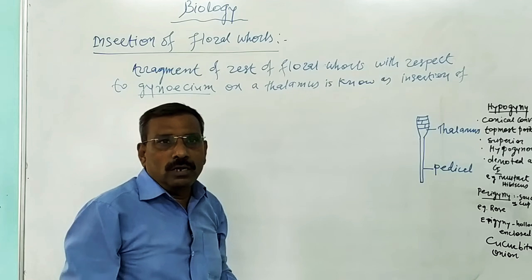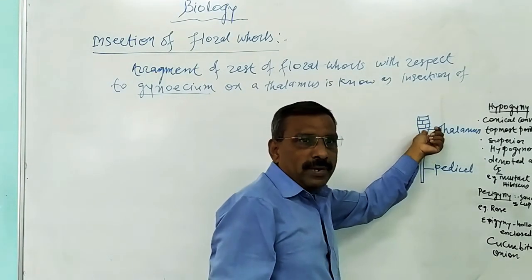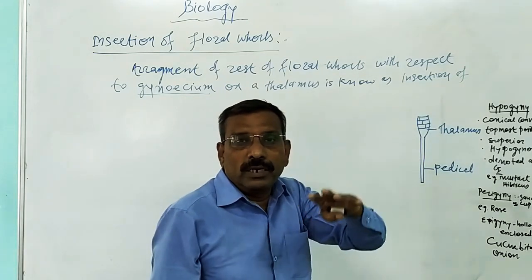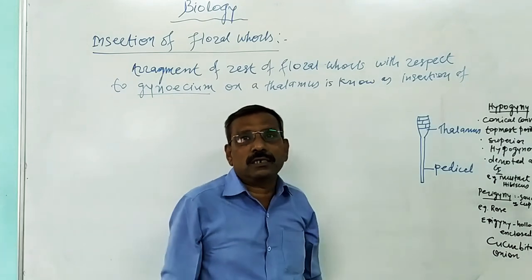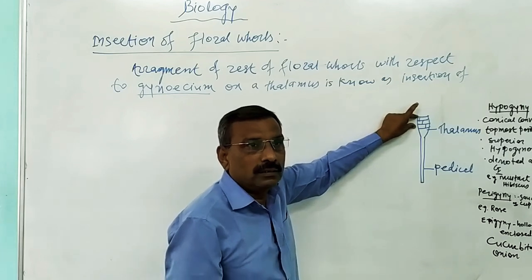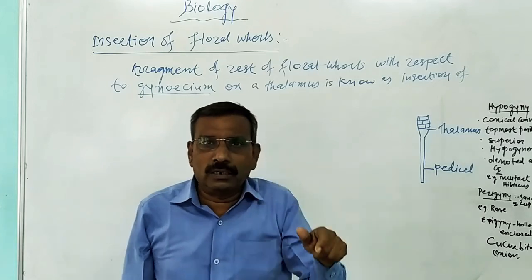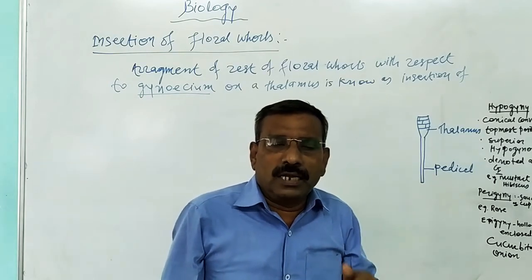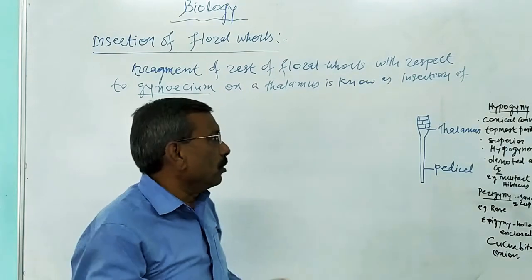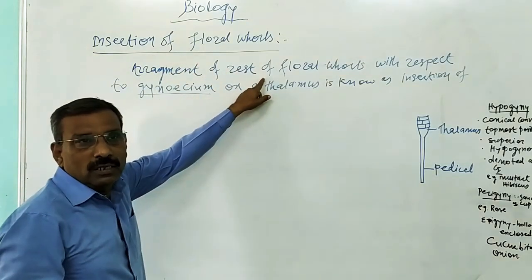Now all of you know a thalamus is the expanded tip of the pedicel, which consists of 4 nodes and 3 internodes. But the internodal distance is highly reduced, known as condensed internodes. Then next, the floral whorls are developed from the nodal region of the thalamus, and in a typical flower 4 floral whorls are found. And here is the definition of insertion of floral whorls on the thalamus.